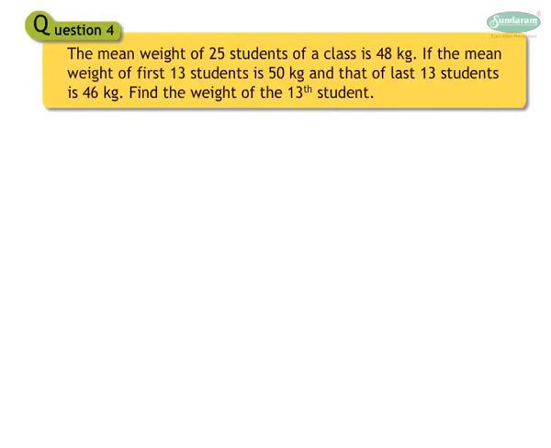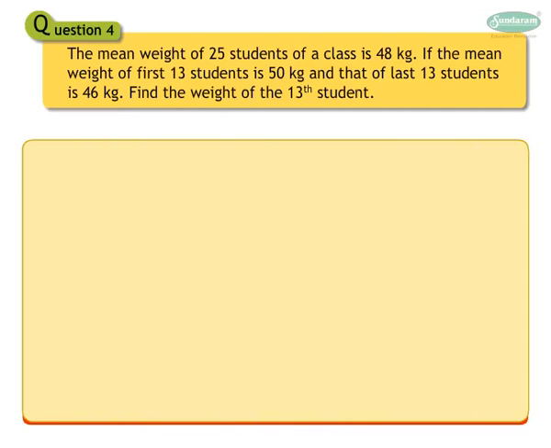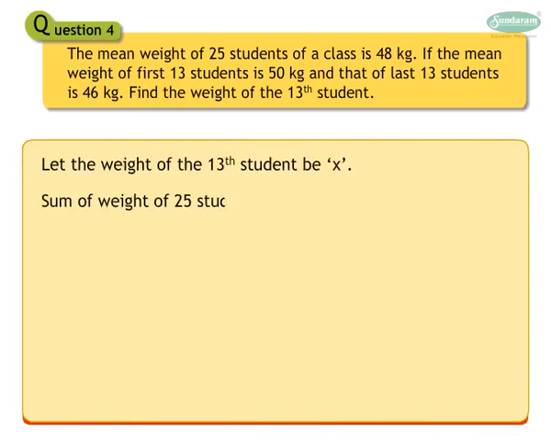Question 4. The mean weight of 25 students of a class is 48 kg. If the mean weight of the first 13 students is 50 kg and that of the last 13 students is 46 kg, find the weight of the 13th student. Let the weight of the 13th student be x. The sum of weights of 25 students will be 25 into 48, which is equal to 1,200 kg,